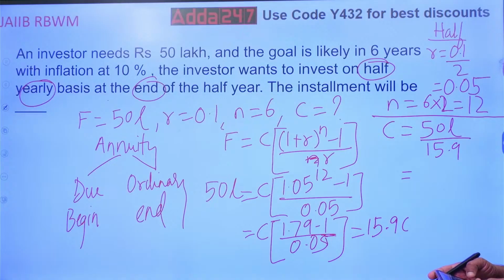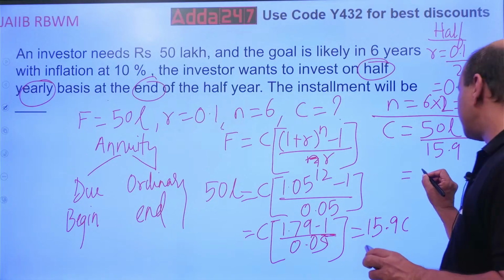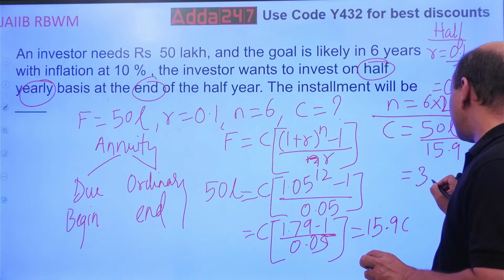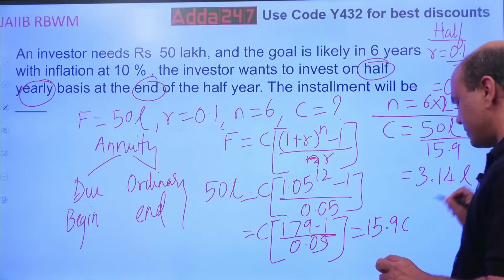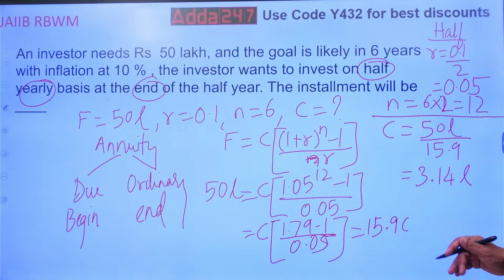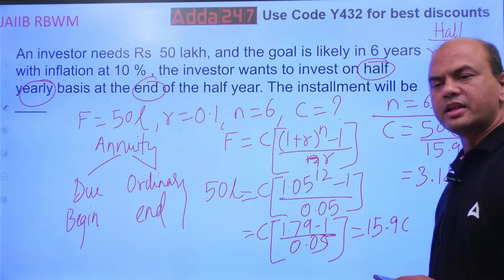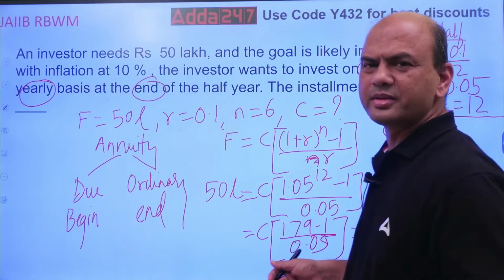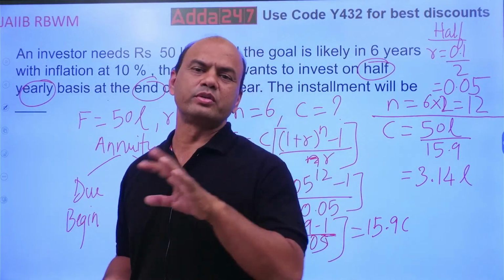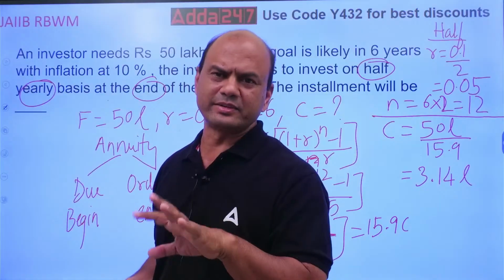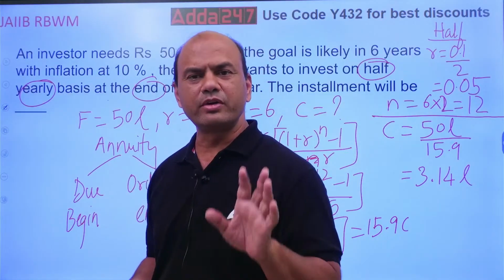I'm getting it as 3,14,127. What are you getting? 3 lakh, or should I write it in points? 3.14 lakhs. Chalo, let's keep it because the remaining amount hardly matters. 3.14 lakhs, because in the exam the options you get won't be 3.14127 or 3.14157. They'll give you 3.14 lakhs,